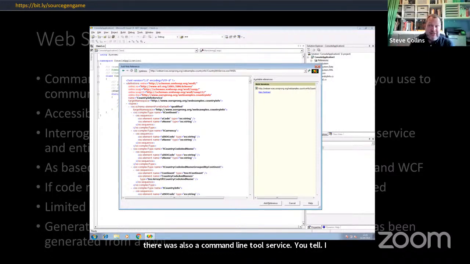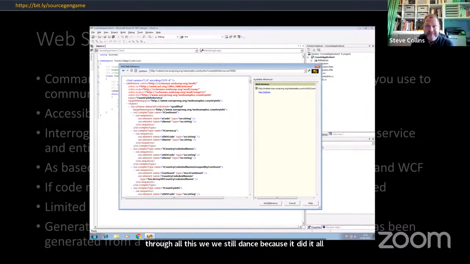But Microsoft had some nifty tricks up its sleeve. If you had a .NET solution where you had both the web services project and the client, you could use the wizard from within the client project to point at the web service project and work everything out from that without having to go through all this WSDL dance, because it did it all for you just by looking at the ASMX code.